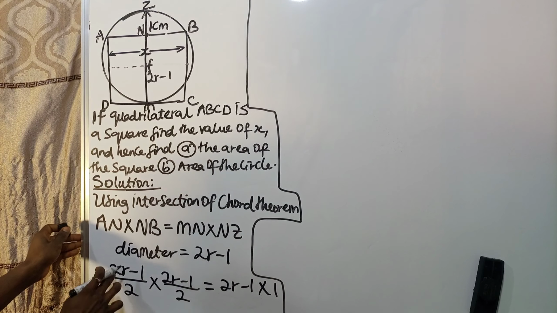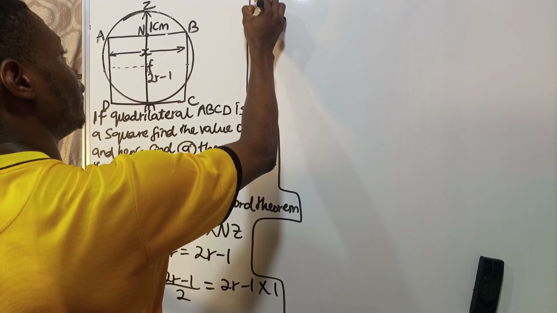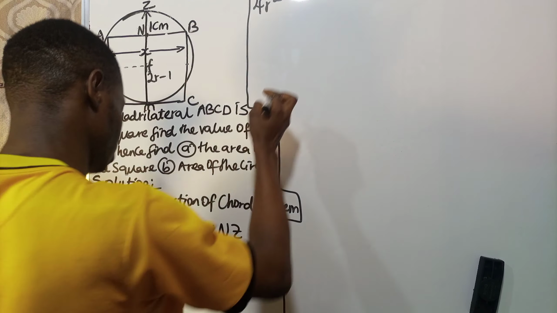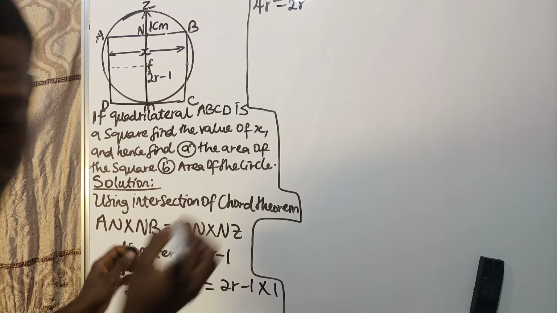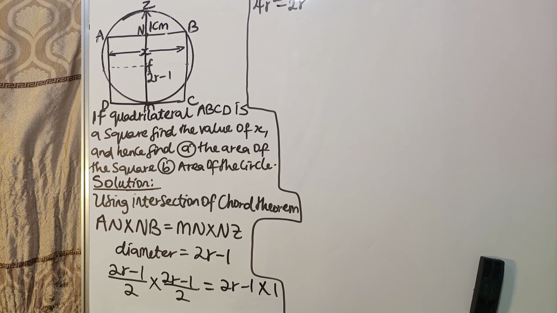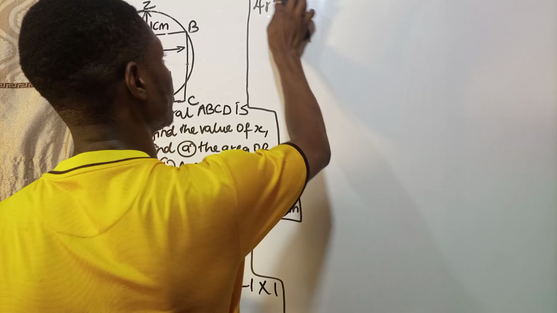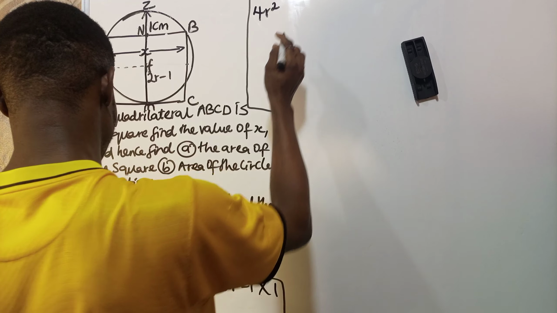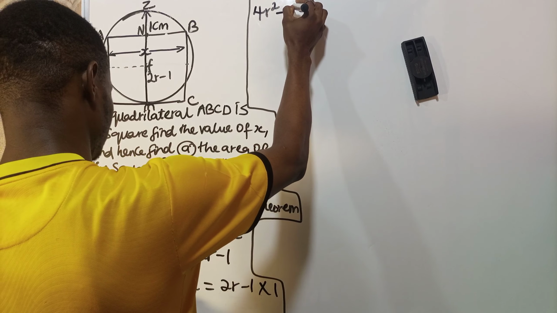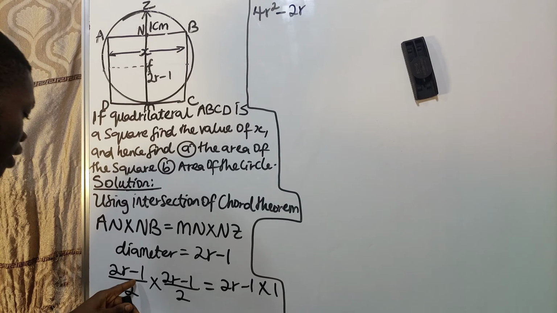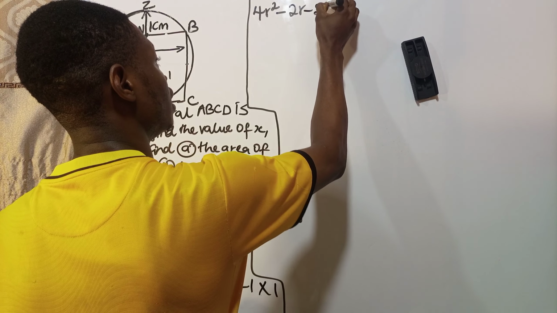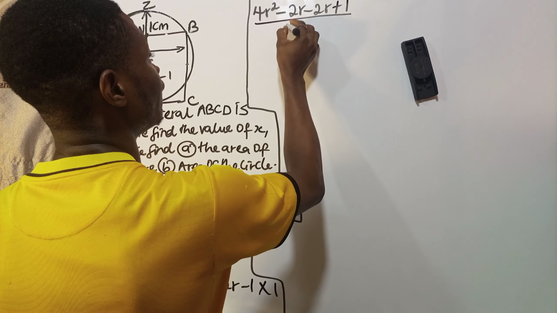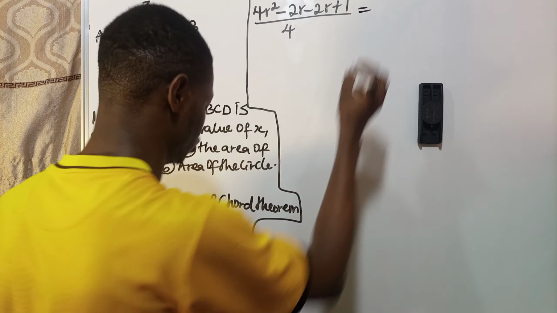So we are going to have this times this will give us 4r squared. Then 2r times minus 1 will give us minus 2r. Then minus 1 times 2r is minus 2r. Then minus 1 times minus 1 will give us plus 1, all over 4, equals 2r minus 1